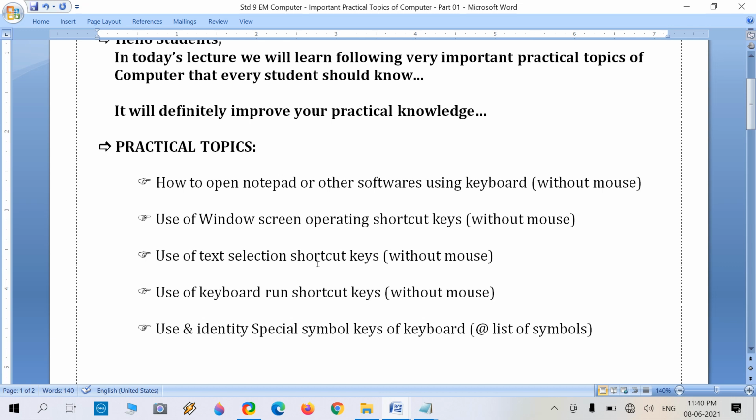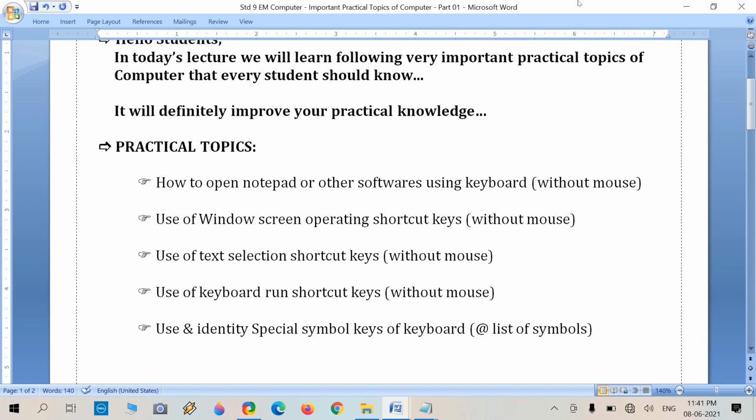Our second task is the use of Windows screen operating shortcuts. There are a few shortcuts used to operate any window or screen, like this one. At the top right side of the title bar, there are three control buttons, known as control buttons: minimize, restore down and close.